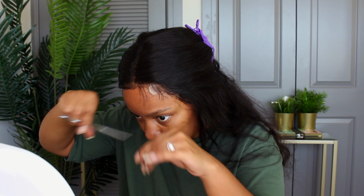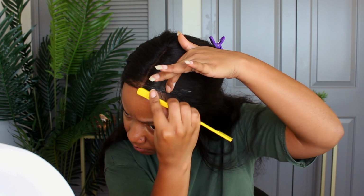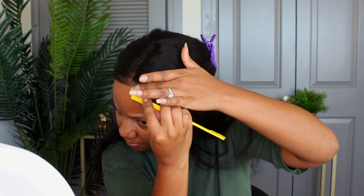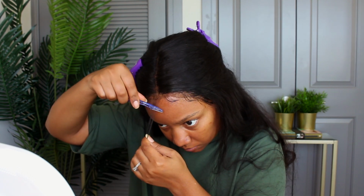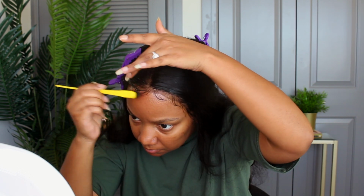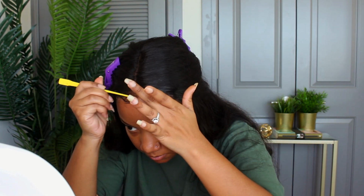So whenever I do a middle part, a trick that I typically do, I just make sure the top of my head, where I'm doing the baby hair right here, and then the middle, is really how I want it to be, especially because the wig did not fit. So I didn't really need to do that much towards my sideburns or towards my ears or anything like that. I just kind of left it as is, because to me the wig didn't fit anyway, so it was no point on me